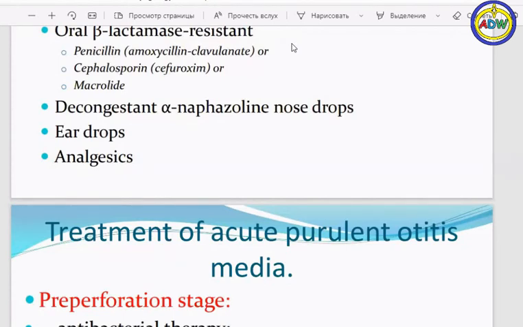It goes through the floor of the nose, it comes to the throat, and that's all. But you know, it's located on the lateral wall, and your nasal drops do not help to decrease the edema and hyperemia of the eustachian tube,